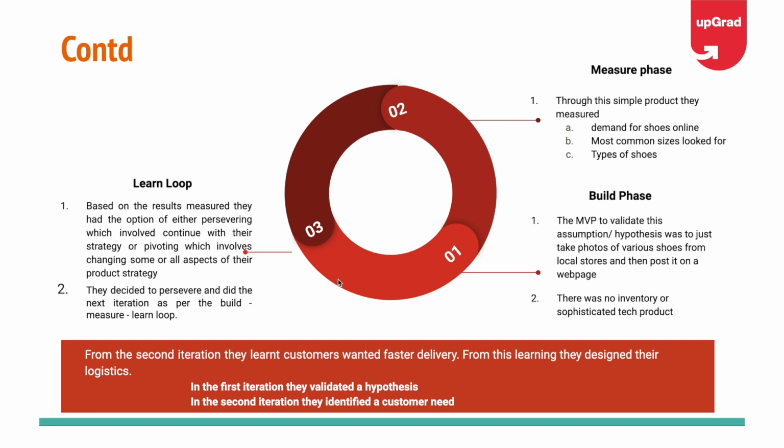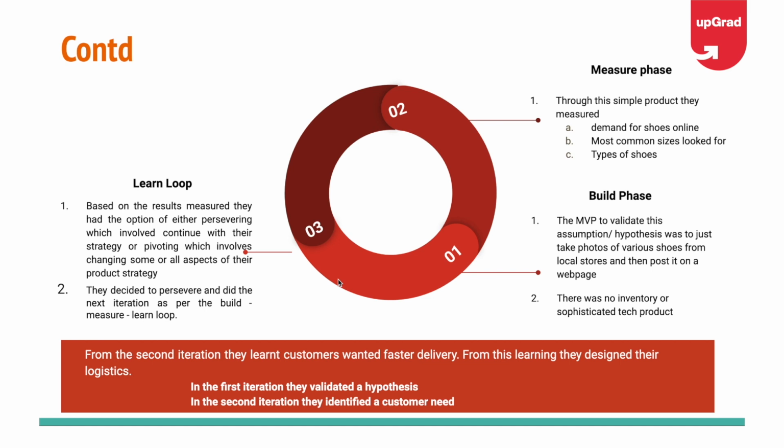An important point here. What typically happens in the build, measure, learn loop is that it's not a single step, as in it's not one set of actions. It's not like they would have validated their hypothesis and then left it. Essentially what happens is it is a very iterative process. That's how companies or products are built. So even in this case, in the first iteration they validated a hypothesis that customers will buy online. Now that the hypothesis is validated, the next step was to validate some other hypothesis, or check something else that came as an additional input from the first step.